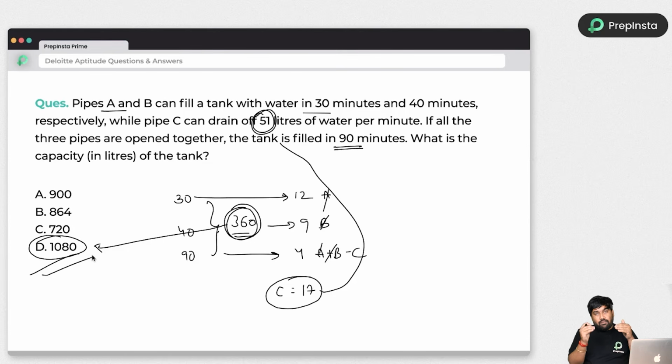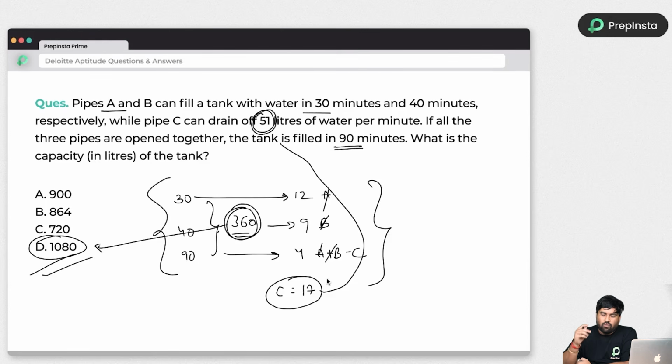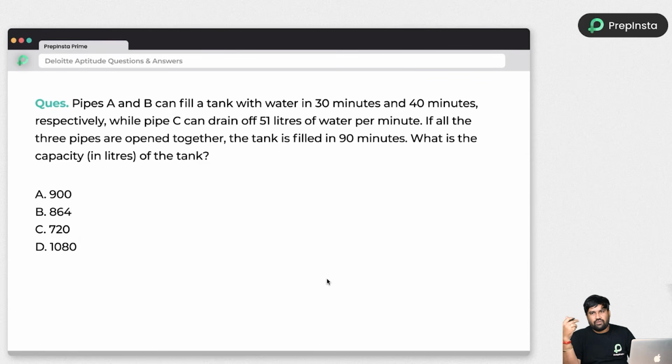See, the rough work I have written before this slide, I will do in the exam. Hardly will it take more than 1 minute. Even in 30 seconds people can complete it. So you need to practice these types of techniques and models to do the problems.